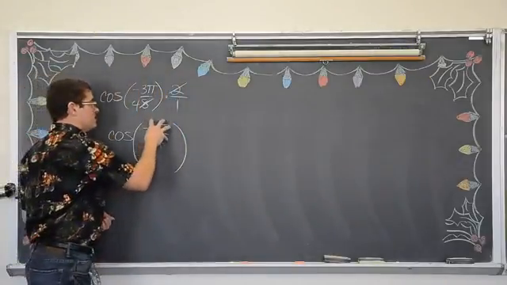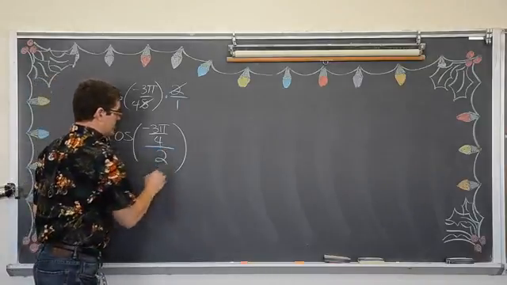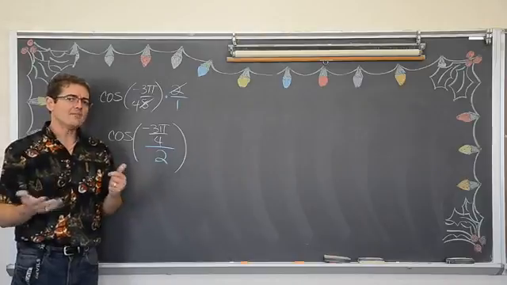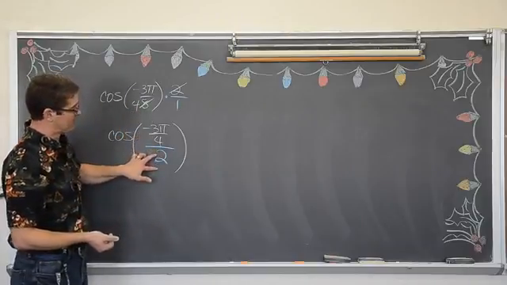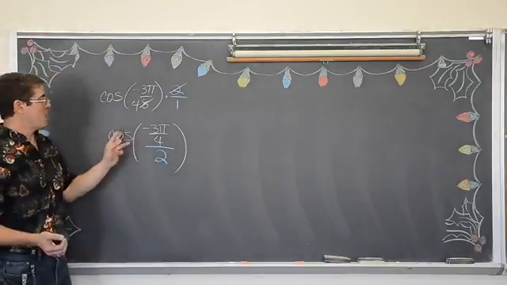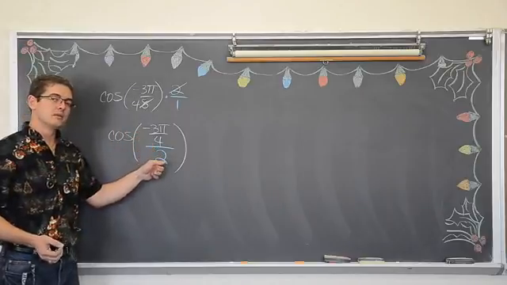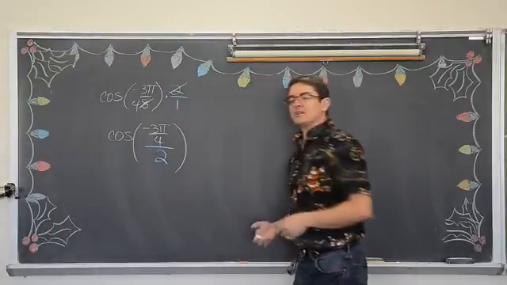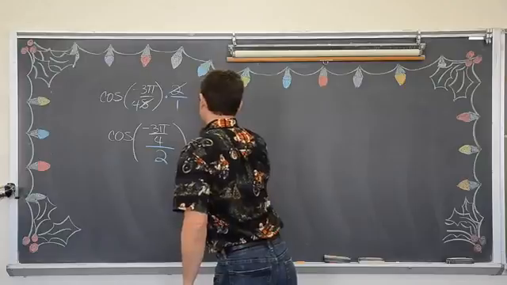So I've made this angle twice as big, so now I have to introduce a division of 2 to still have the same value. If I take negative 3 pi over 4 and I divide it by 2, or flip up the 2, I'm going to get negative 3 pi over 8 again. So at any rate, now I'm looking at the cosine of theta divided by 2. See, I've set up a half angle, which means I can use a half angle identity for cosine, which is plus or minus